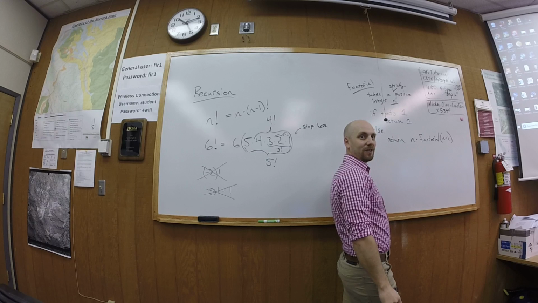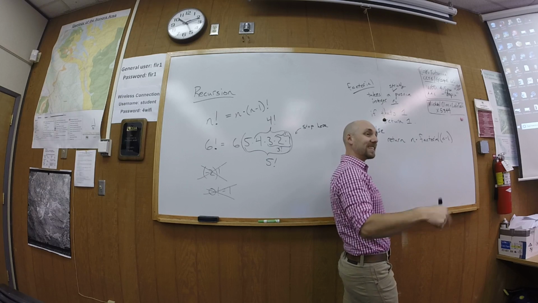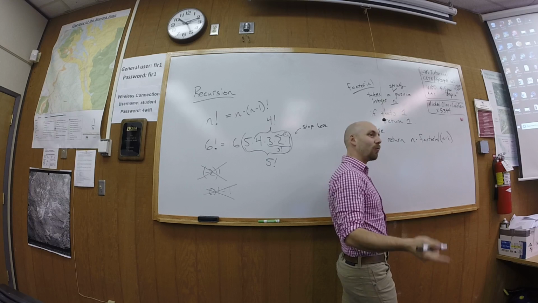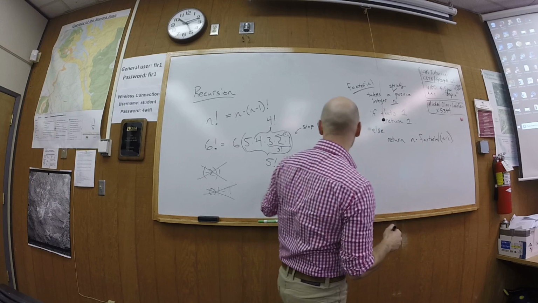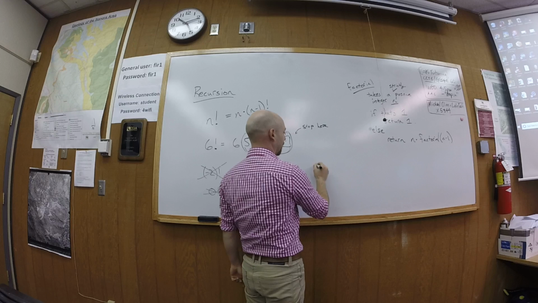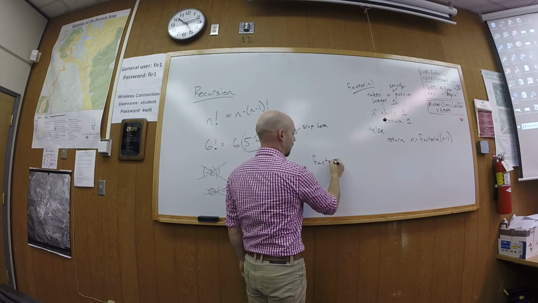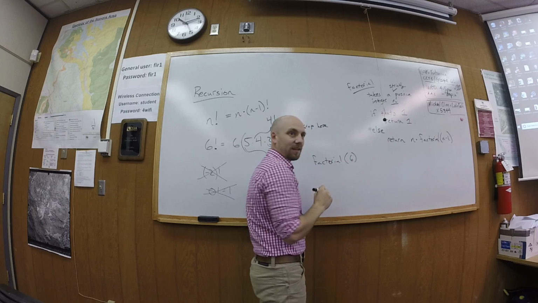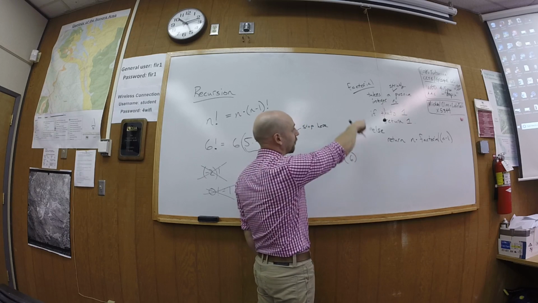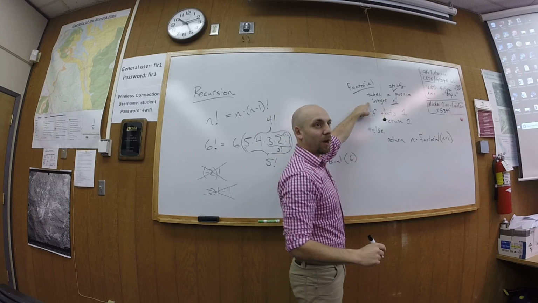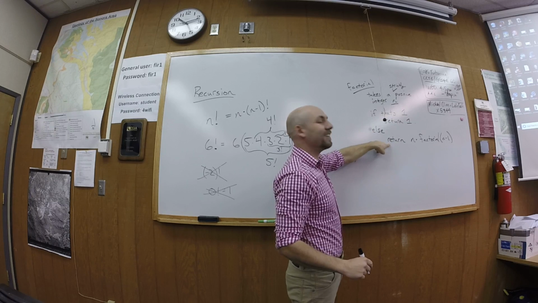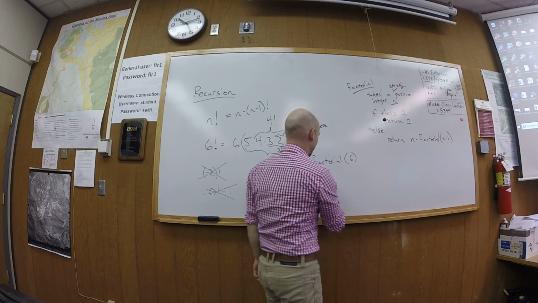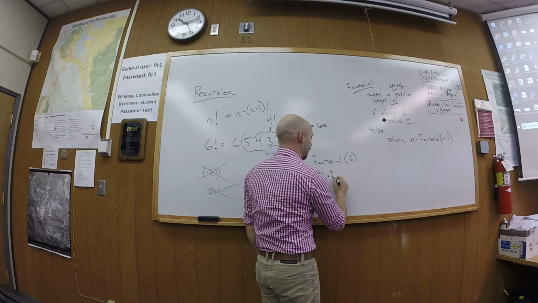You guys see that? So what this thing's going to do is call itself a bunch of times, and then when it gets to 1, it's going to stop. You see that? So if I put 6 in, like if I do factorial of 6, the very first thing it's going to do is run through here. It's going to say, okay, 6 is a positive integer. Is 6 1? No. So then it's going to return 6 times factorial